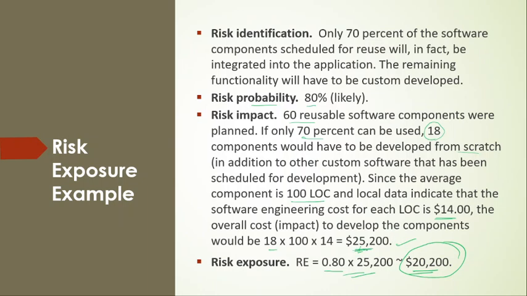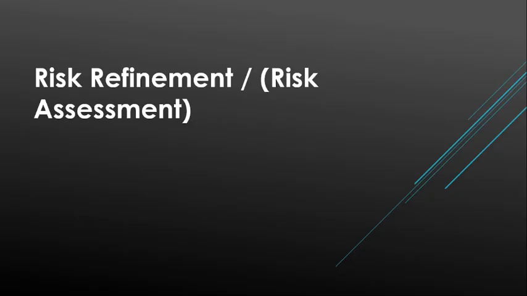We are finding out the cost first because in this example we already have the risk probability, that is the 80%. So the risk exposure is found by using the formula P into C, isn't it? So that way we can get the risk exposure. And now risk refinement,